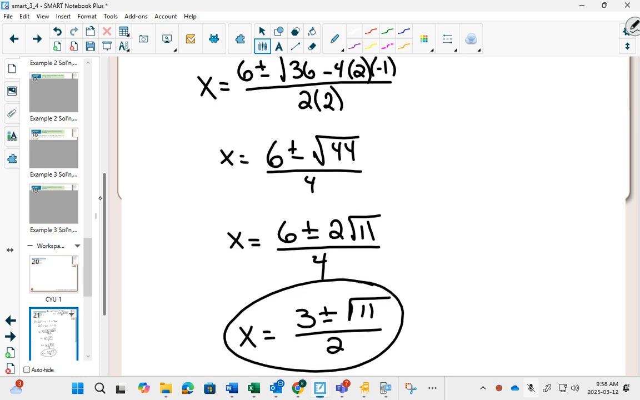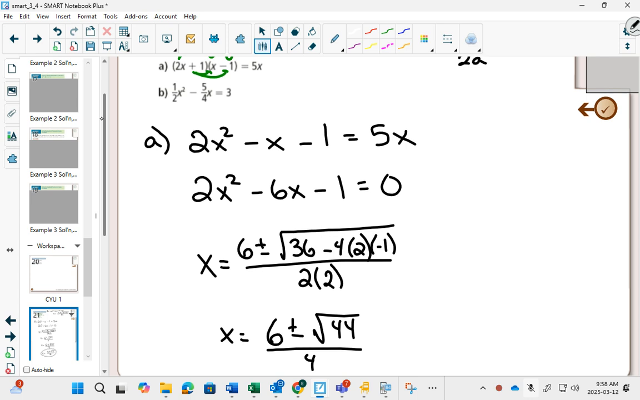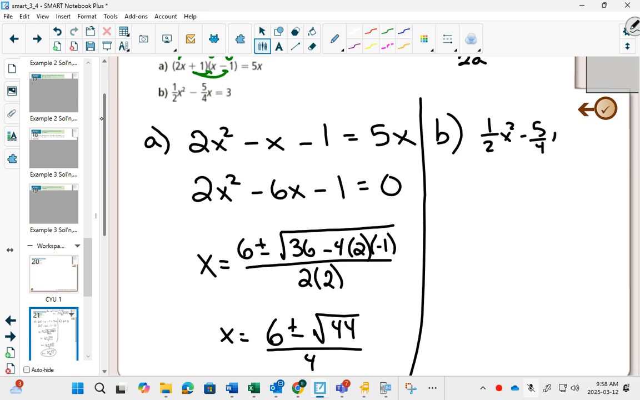Everybody good? I'm going to scroll back up. Draw a line here. We'll do B right beside it. Now B, if I move over the 3 to make one side equal to 0,